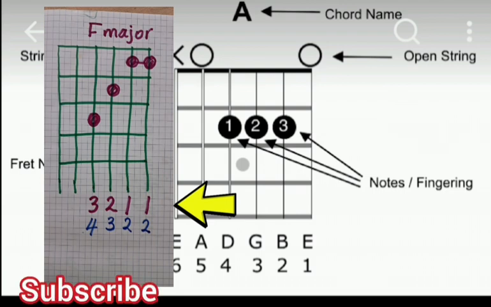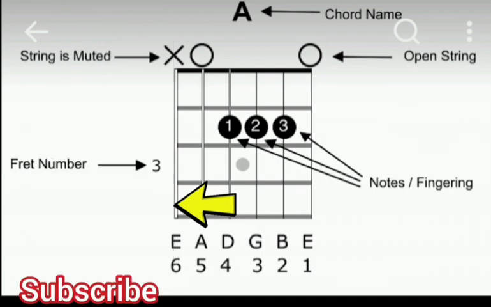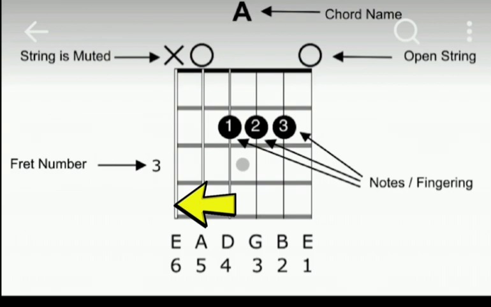Now the last but not the least, we have the string numbers and then the names of the strings.